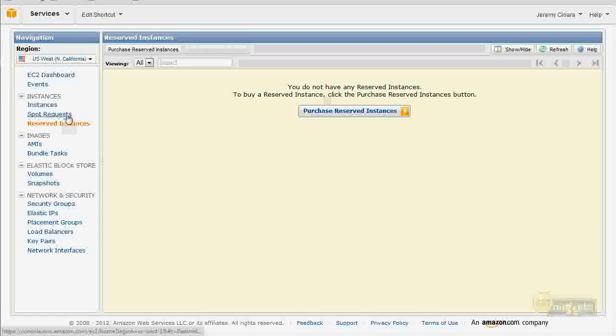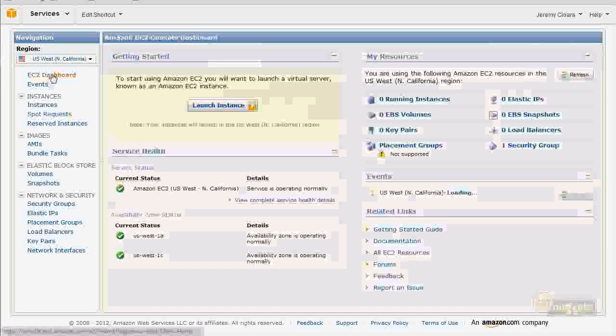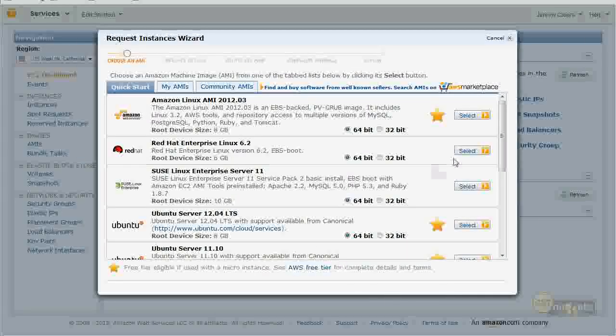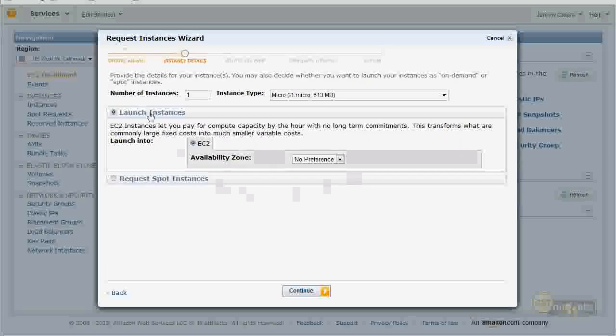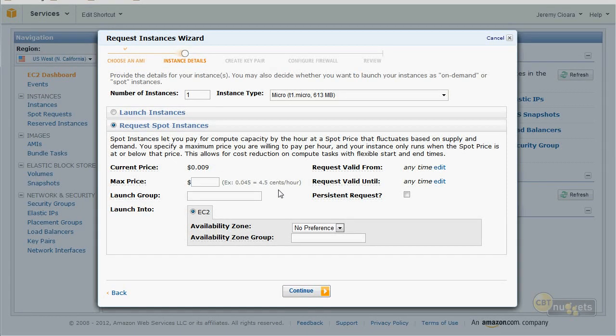Let's now talk about the spot requests. These are interesting. Matter of fact, you even see these when you launch an instance. So when I come up here and say, I want an instance, I want to select this guy, you can see, do you want it in this availability zone, or do you want to request a spot instance to where, at which point it's saying, there is no availability zone.